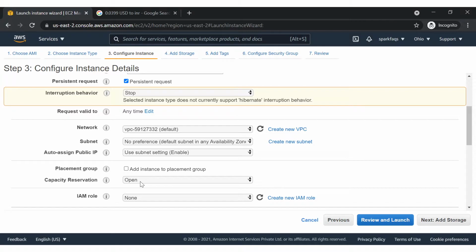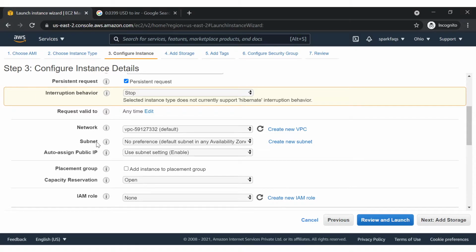You need to go for the Spot instance whenever you want to do a good number of computations for a short period of time, right? I just want to do a lot of things in a couple of hours, and then I want to scrap that instance. That is a scenario where you need to use the Spot instance. So we just want to set up this Spark and Hadoop cluster, and then run some of our solutions, and then we'll scrap it. So that's the reason I'm choosing it.